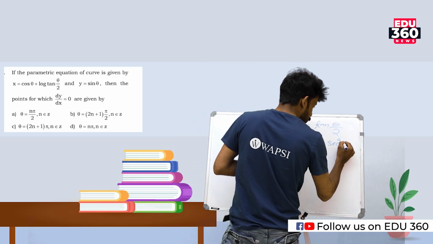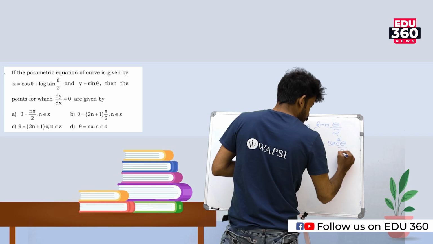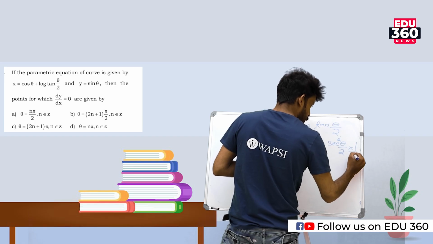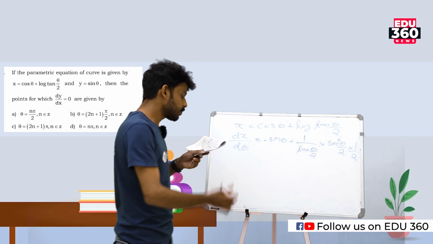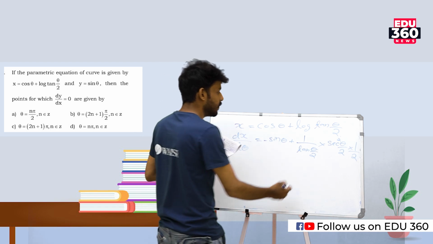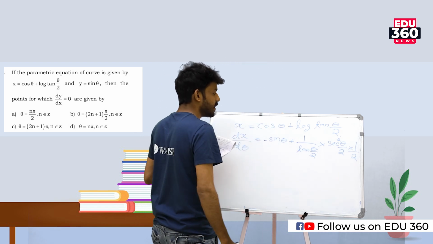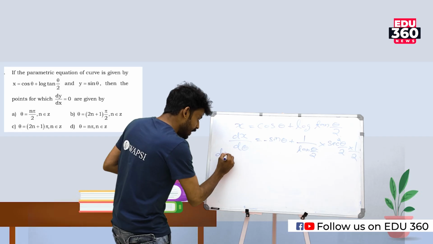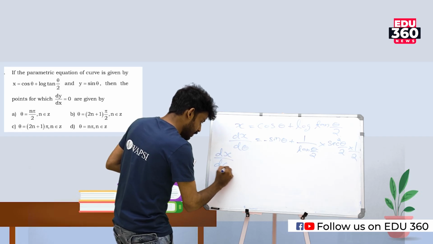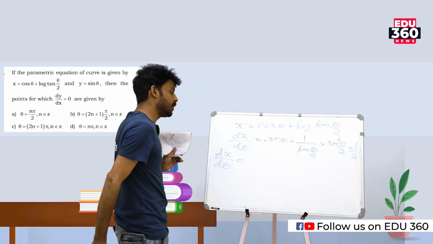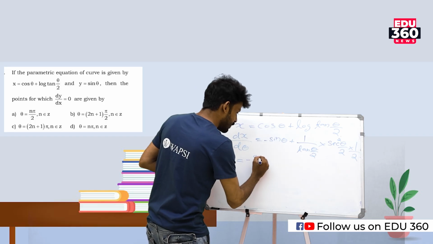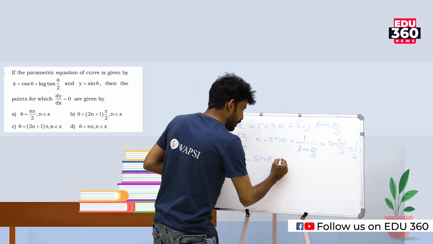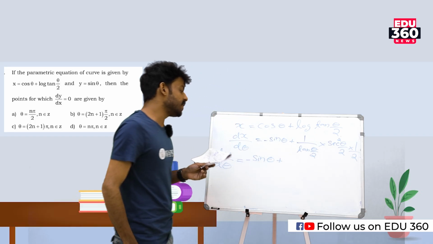So that is equal to, look at here, tan theta by 2. Let me write dx by d theta here. dx by d theta is equal to minus sin theta plus